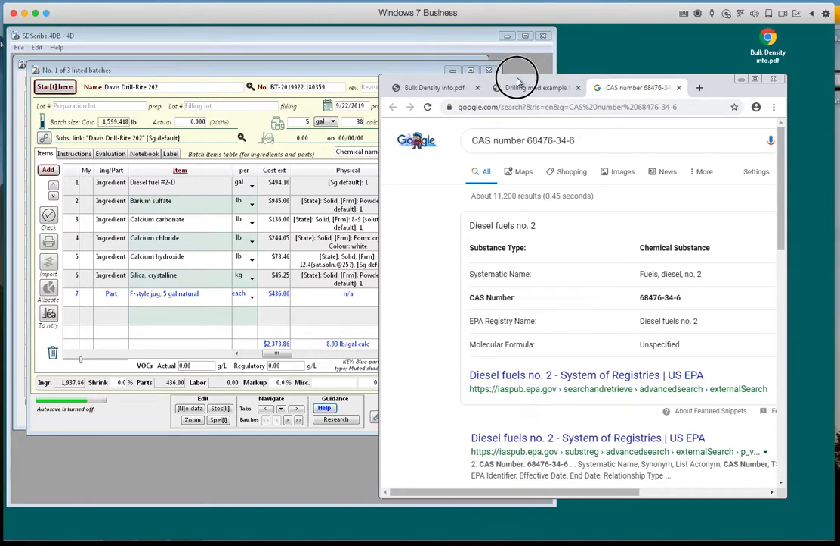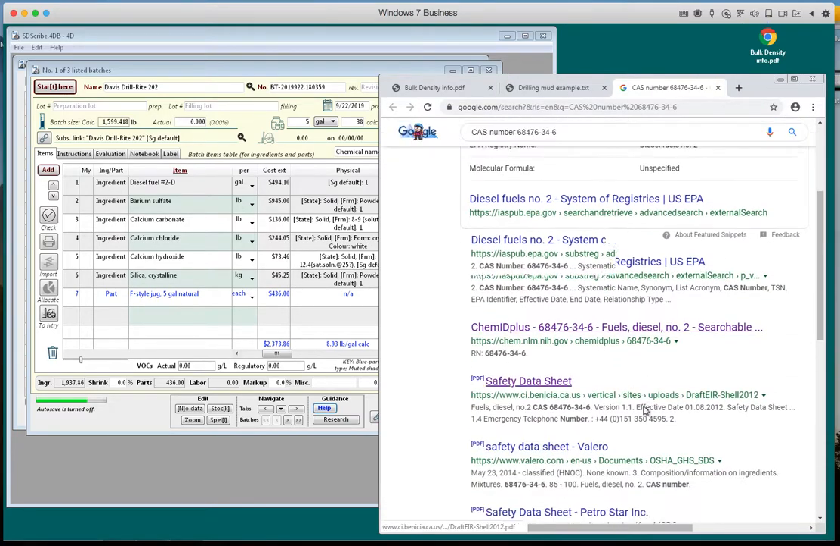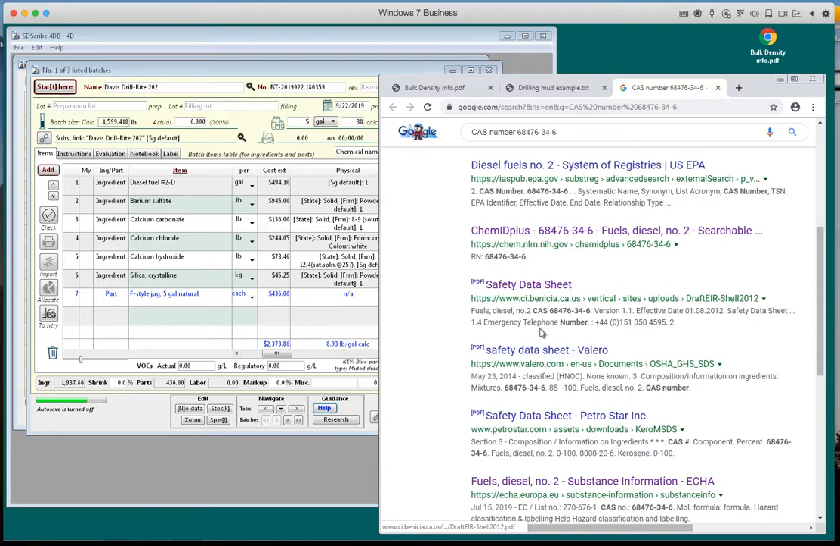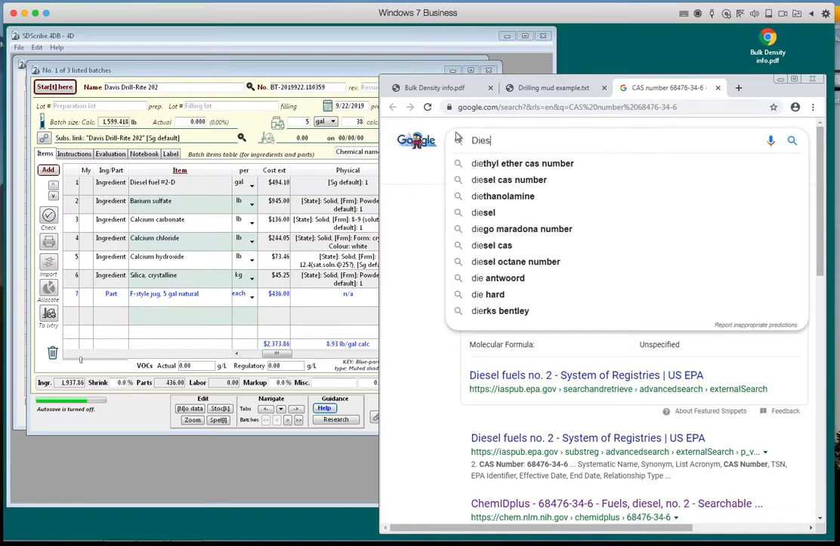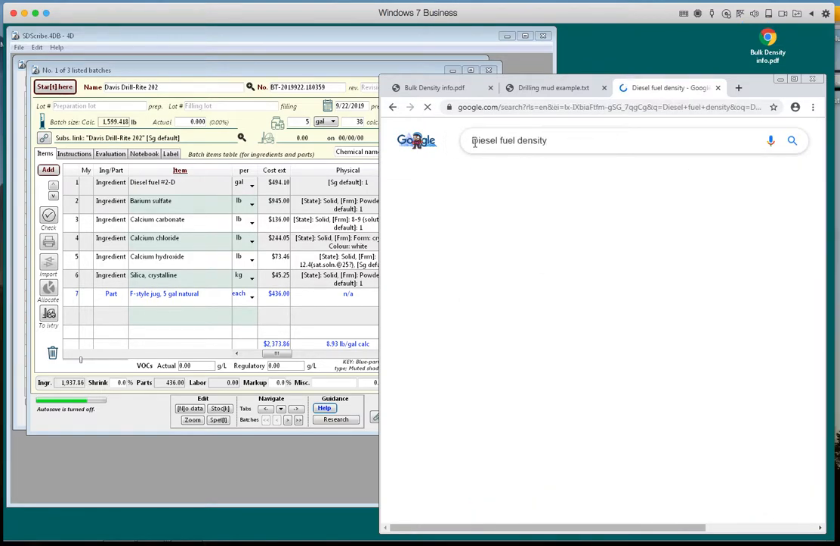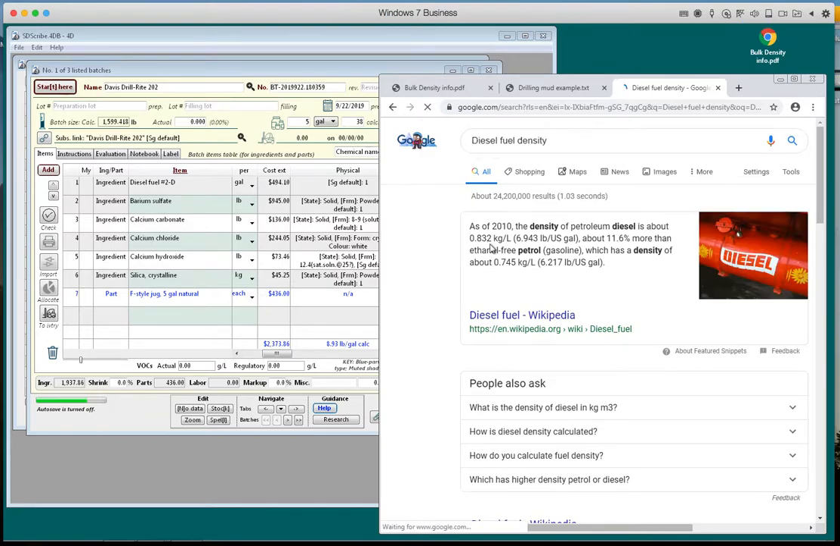I think I've got Firefox up here. Oh no, it's on Google Chrome. So it's bringing up some information on diesel, and you can probably see if you look down through here, there's some EPA listings, safety data sheets. I'm going to sort of cut to the chase, and instead of this, I'm just going to say diesel density, diesel fuel density. Hit return, and it's coming up with